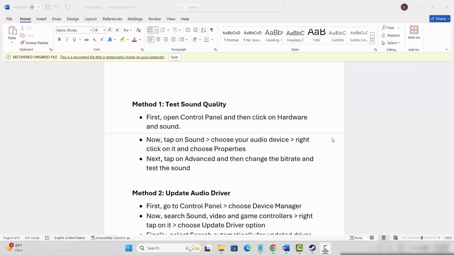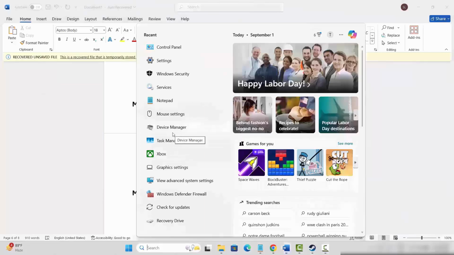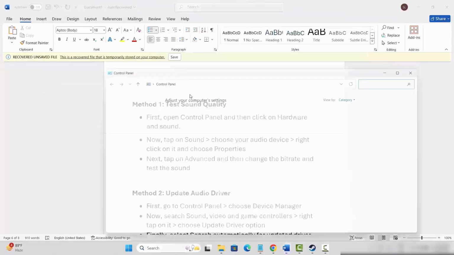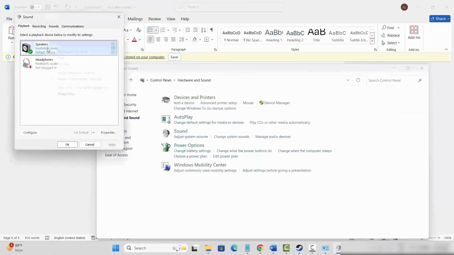To test sound quality, for that you need to go to control panel and click on hardware and sound, then click on sound. So go to the search option over here, search for control panel, and after that click on hardware and sound, then click on sound option, then select your speakers, right click on it, click on properties, then